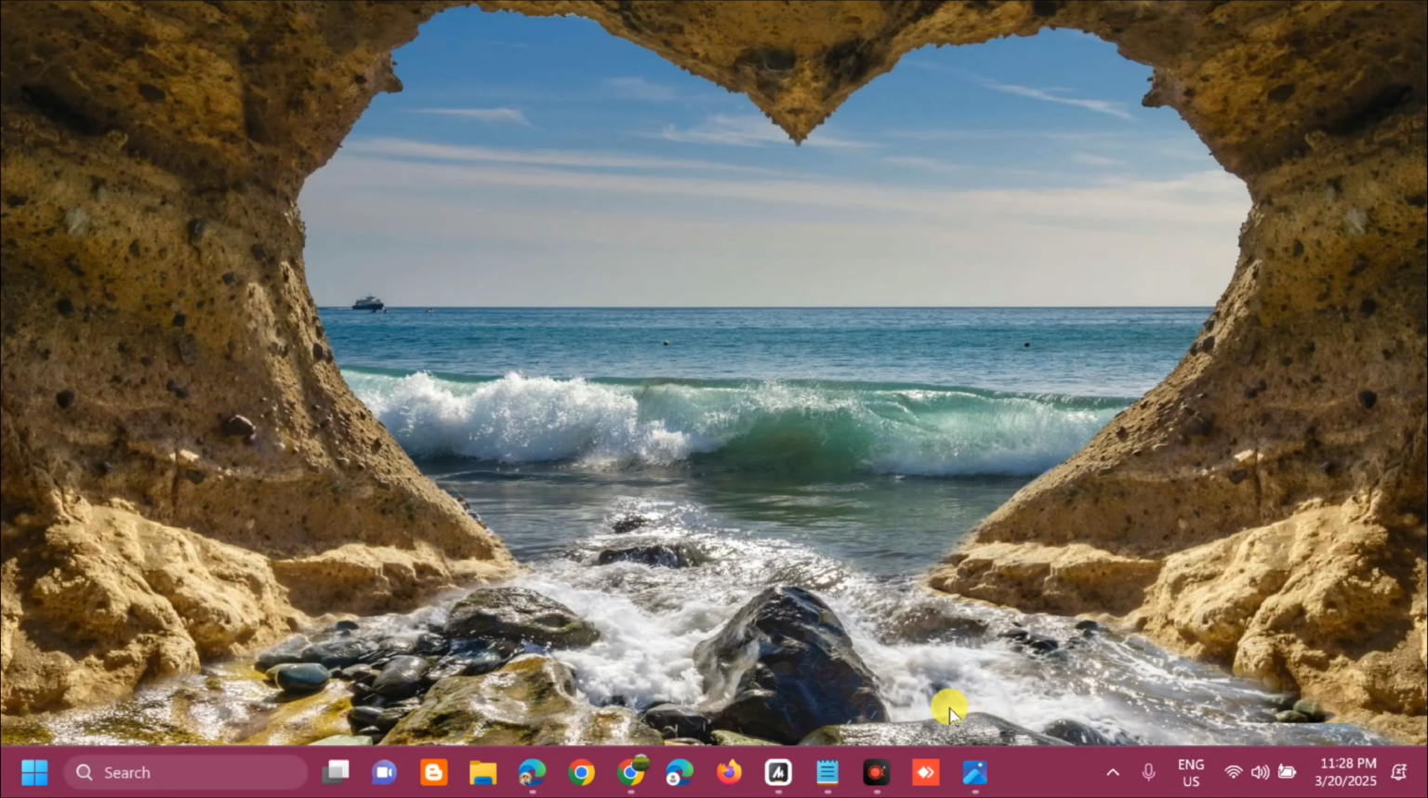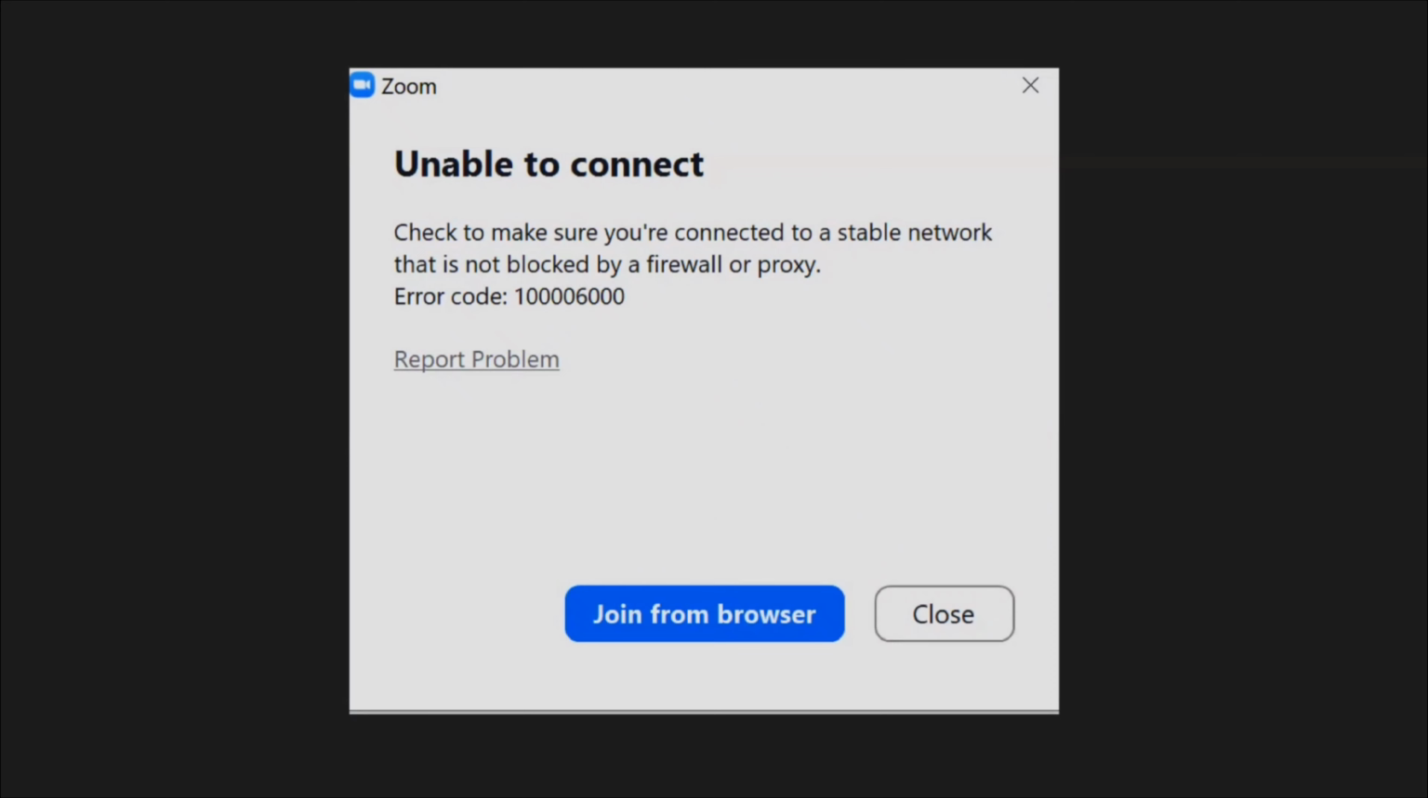And for today's quick tutorial, I'm going to show you how to resolve Zoom with the error code 100006000 on a Windows 10 or Windows 11 computer, with the error message: unable to connect. Check to make sure you're connected to a stable network that is not blocked by a firewall or proxy, with the error code